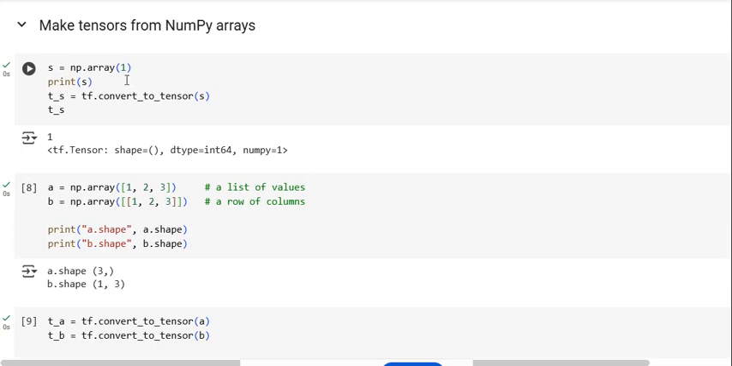If we have a NumPy array S with just one element with value 1, we can convert it to a tensor with the convert_to_tensor method. tf.convert_to_tensor makes a tensor of this. And you can see that it shows TensorFlow tensor, shape is empty parentheses, data type is integer 64, and NumPy value is 1. And then we can have a list of elements in the NumPy array, and then we can